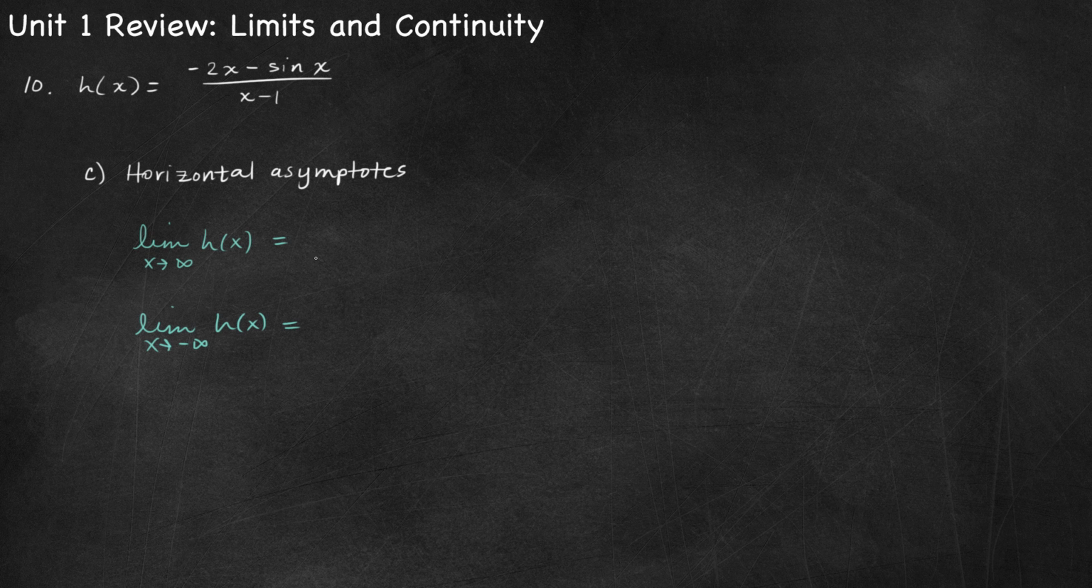So as x approaches infinity, I'm going to simplify my expression. So we want the limit as x approaches infinity, and to do that, I'm looking at h of x, and I'm going to divide everything by the highest power of x. So I am going to divide everything by x, or multiply by 1 over x over 1 over x. If I do that, this becomes negative 2 minus sine x over x over 1 minus 1 over x. And when I evaluate that limit, I'm going to get negative 2 minus 1,